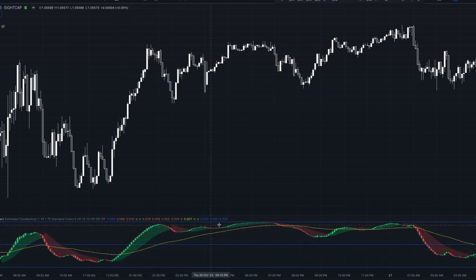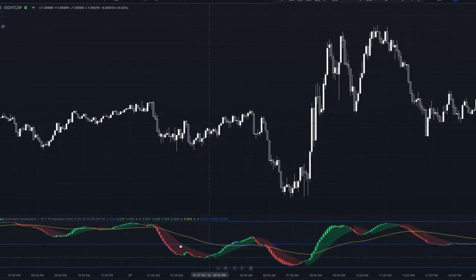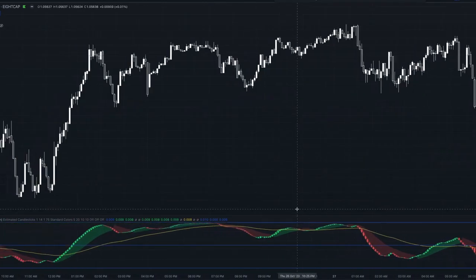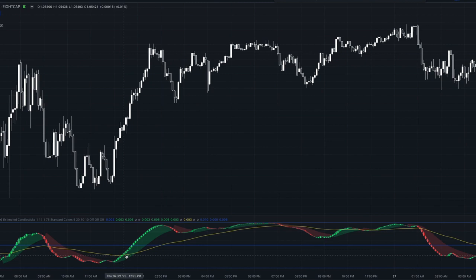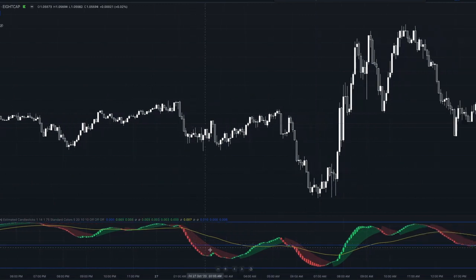So if the delta candles are going up, the yellow confirmation line will also have a positive slope and be going up. And if the delta candles are going down, the confirmation line will have a negative slope and will also be going down. So in other words, if the delta candles are going up and the confirmation line is also going up, you are in an overall uptrend. And if the delta candles are going down and the confirmation line is also going down, you are in a